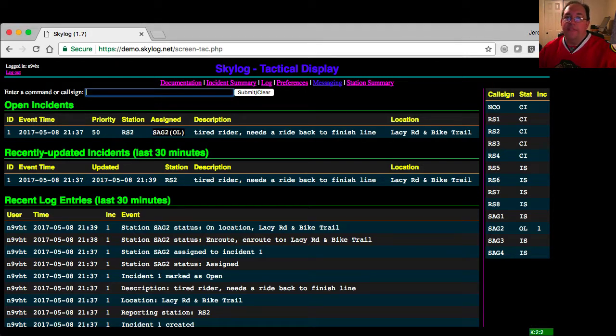When the SAG picks up the tired rider, I can then switch their status to transporting. Again, there are 2 ways to do that. I could edit the incident and click on the TR status, or I can use the :TR command. Now, if I click on the TR status in the incident, all that happens is that the status of the station changes. There isn't any way from there to say where the SAG is transporting to. If I use the :TR command, I can tack on another argument that says they're transporting to the finish line,